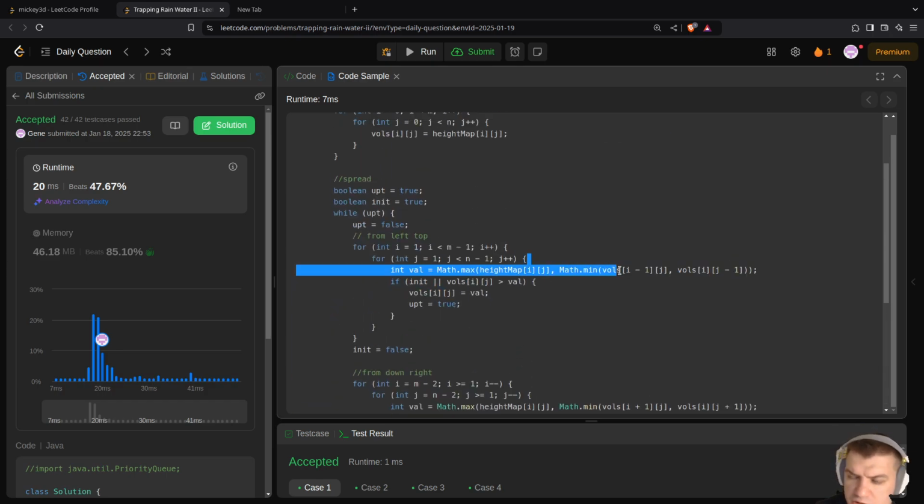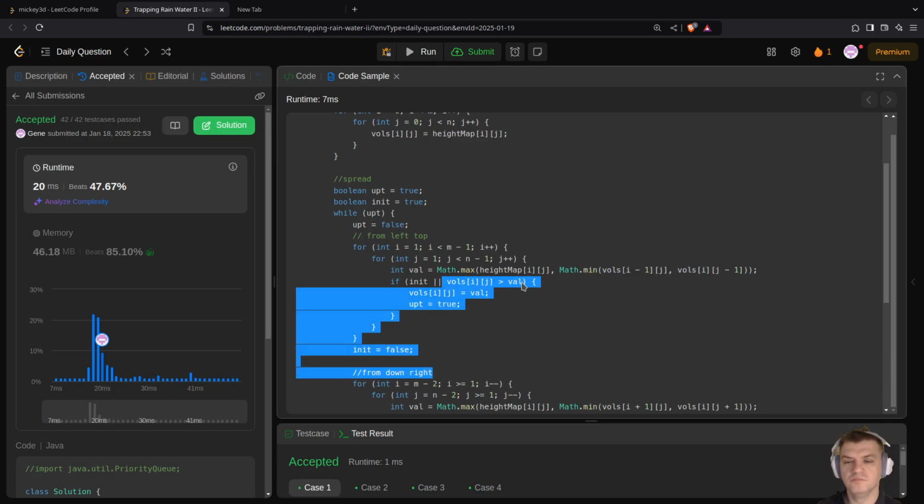So if the edge, like north or west neighbor, has the minimal, we check the value itself for the height of the current. If the current value is greater,